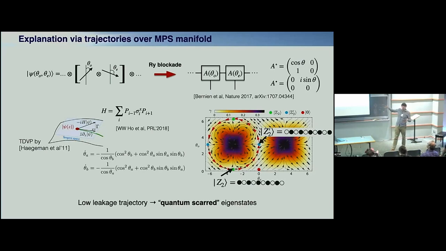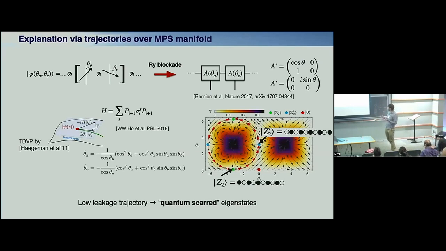So here this TDVP can be thrown away into the trash can, right? In these dark regions, it doesn't work, period. This trajectory turns out to be very lucky, right? This trajectory is in the region where the color is almost white. So you see that it enjoys not only that there is a trajectory, but also that this leakage is low, and that's kind of what protects our system.